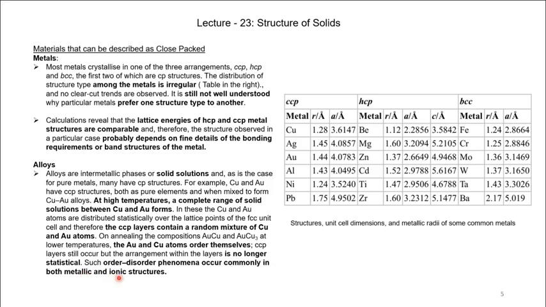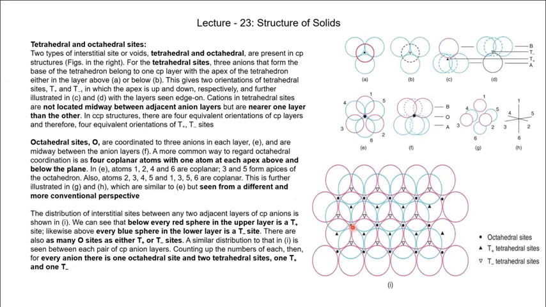So here are some examples of cubic close packed structure, hexagonal close packed structure, and body-centered cubic structure, of some metals, what we call. And then we go for the next slide. And on the next slide, we talked about the close packed structure and said that it has